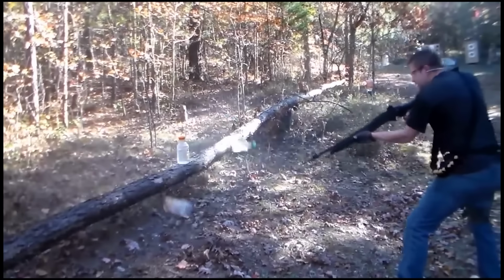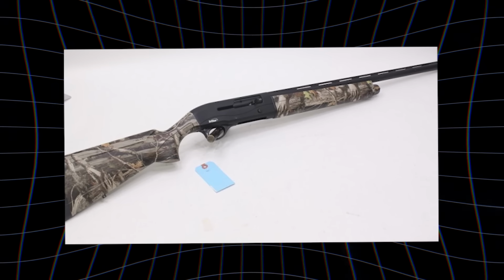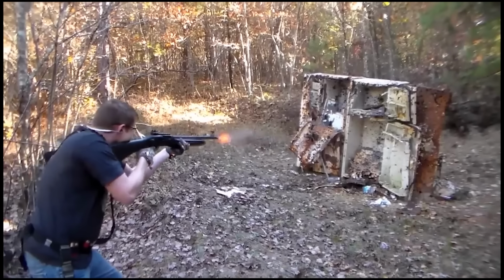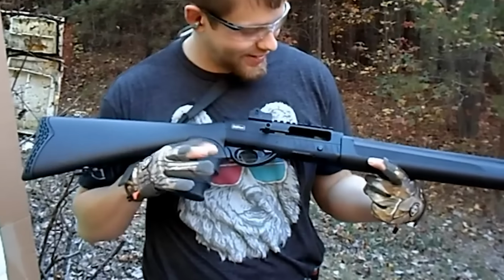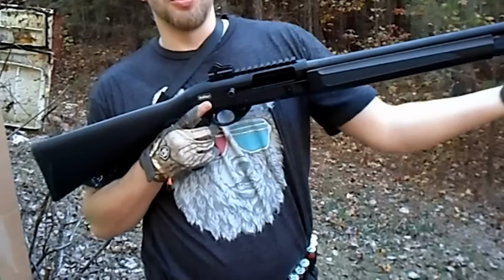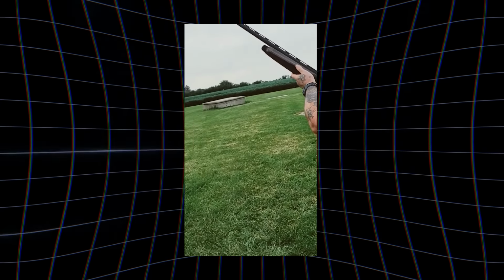However, it's the 12-gauge model that has garnered the most attention, but not always for the right reasons. Its gas-operated system is designed to reduce recoil, but in practice, it can be as finicky as a cat deciding whether or not to knock over your favorite vase. It has a synthetic stock, and its forend is lightweight and weather-resistant, yet some people complain that it feels as sturdy as a prop from a low-budget action flick. The magazine capacity is the standard 5+1, which is decent, assuming you can get through all 6 shots without a